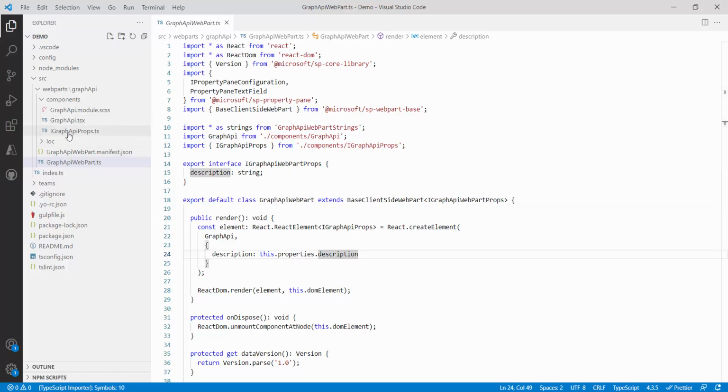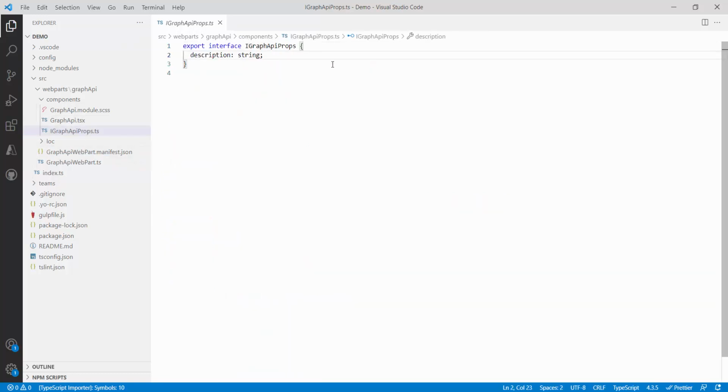Let me, in the properties, create another property called context. It would be of type WebPartContext. Again, if you are new to SharePoint Framework and you are directly watching this video, you might find it difficult to understand a few concepts, because I am not going into the details of concepts which I have already discussed, because this is a very big tutorial. This is I think part 23 of the SPFx tutorial. I have already uploaded 22 or 23 videos related to SharePoint Framework, so you can understand the depth which I have already covered. I'm trying to keep these videos short, so that's why I'm not discussing the details which I've already discussed.